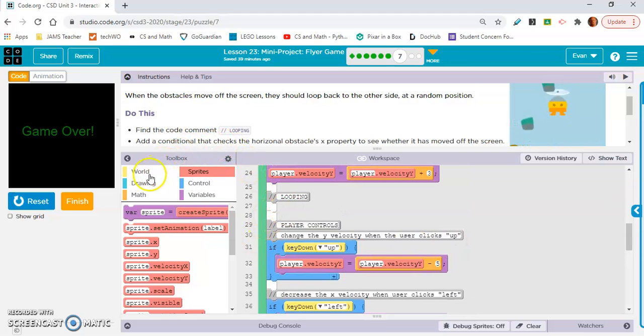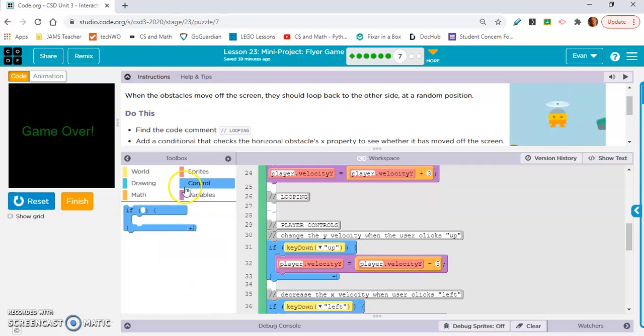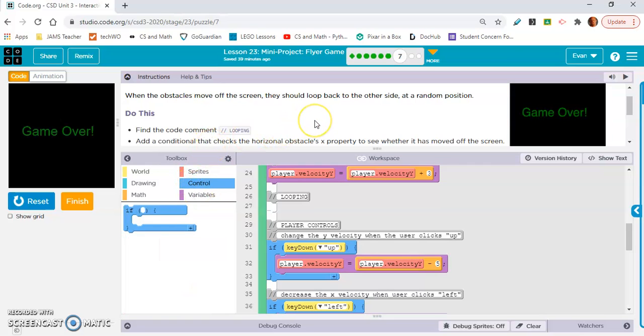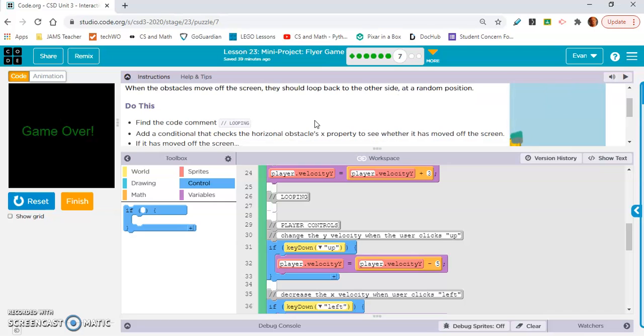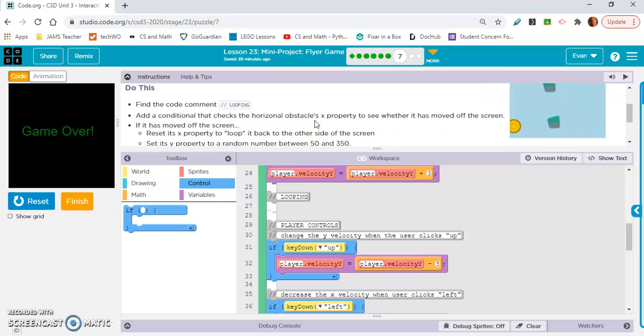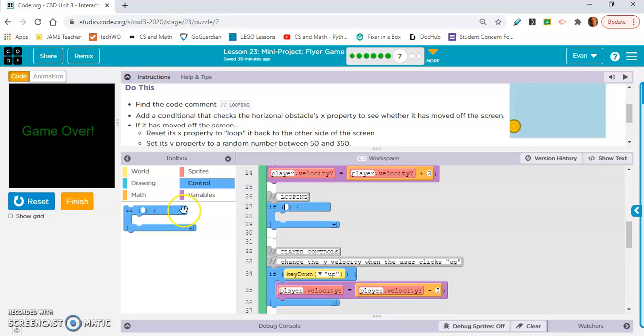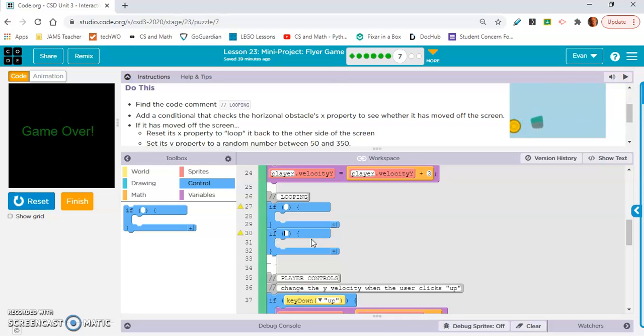Add a conditional, which is in control, that checks the horizontal obstacle's X property to see whether it has moved off the screen. Okay, well, let's start with this. Check if it's moved off the screen. The way I did it is that both of our obstacles are horizontal, so we'll just put in two if statements. If it has,